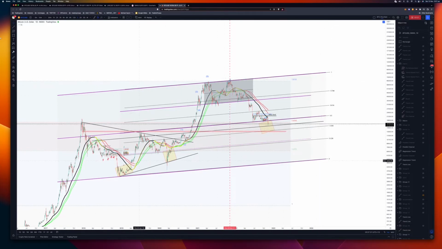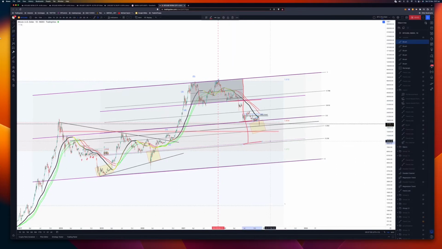So if this is a channel on that level, the 0.382 is right there where this red line is. The 0.5 we just broke, and I discussed this strategy: every time we break a major level, it goes to the next level. So we could potentially go down there, and you can see how that works in the past. However, for now, in the short-term period, I think the 0.382 will be a good level